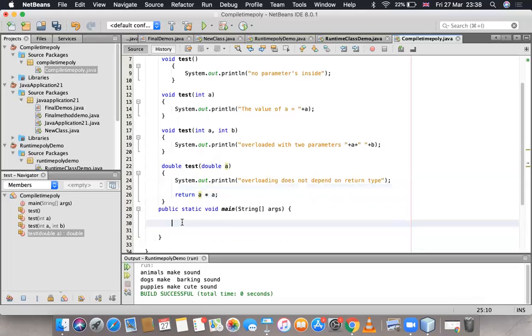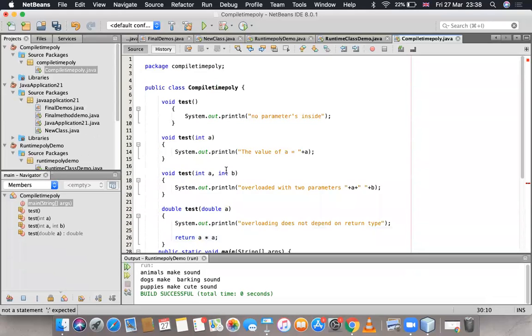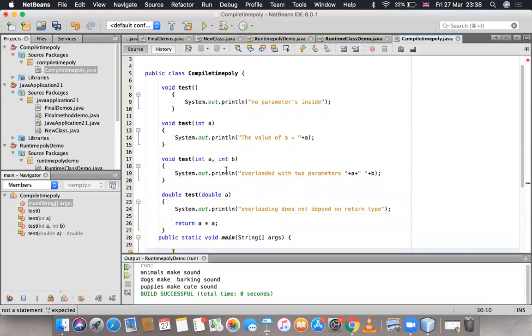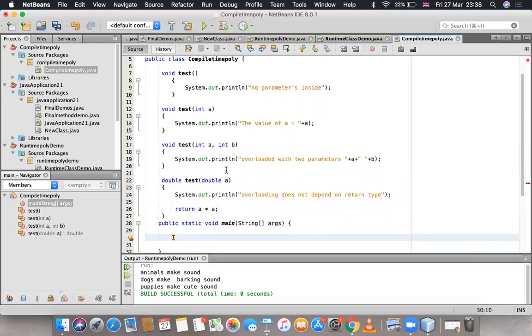And then here I am going to create an object of this class, that is CompileTimePoly. CompileTimePoly c is equal to new CompileTimePoly().